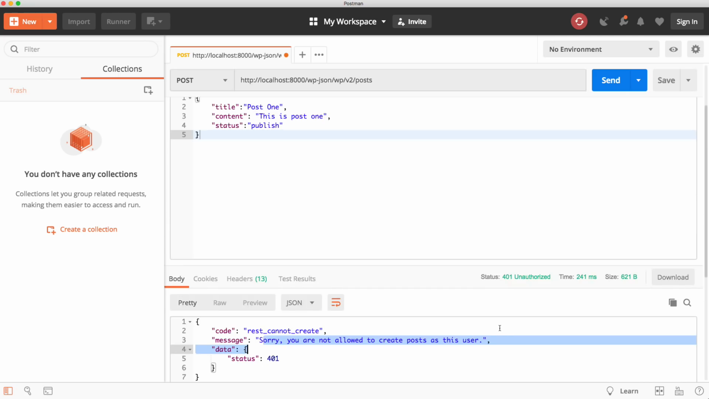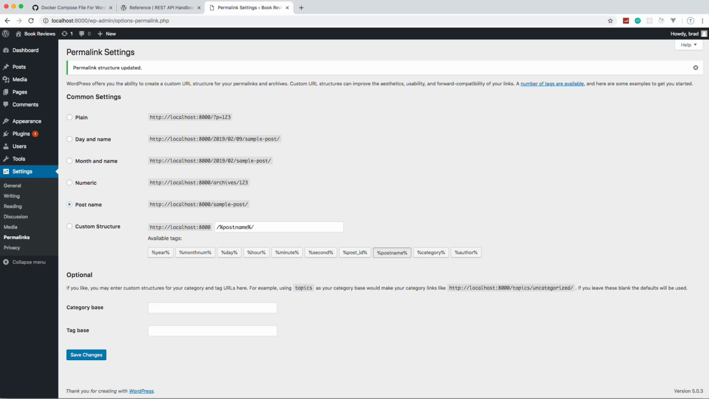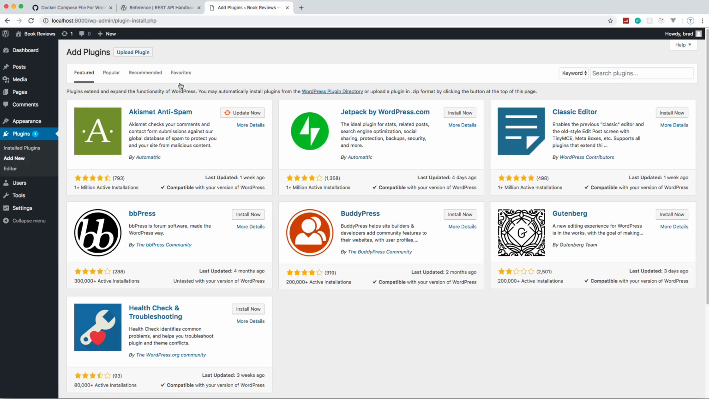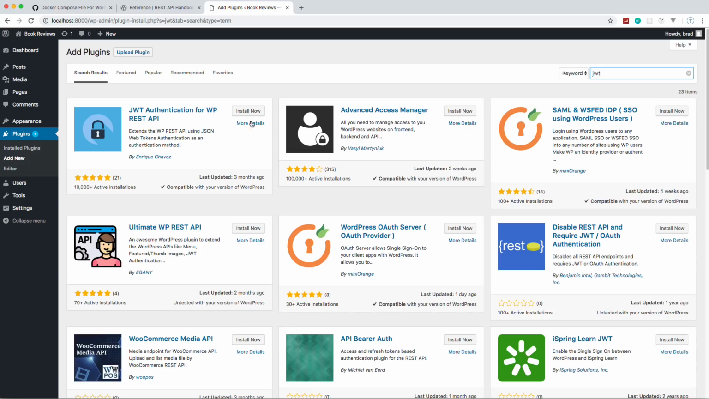Now, like I said, there's different ways to authenticate. If you're using the REST API, I would suggest using JSON Web Tokens. Basically, you just need to log in through an endpoint and then take the token that's given to you and add that to the headers. This isn't functionality by default, so we just have to add in a plugin. So I'm going to go to Plugins, Add New, and search for JWT. And this right here, JWT Authentication for WordPress REST API, we want to install that